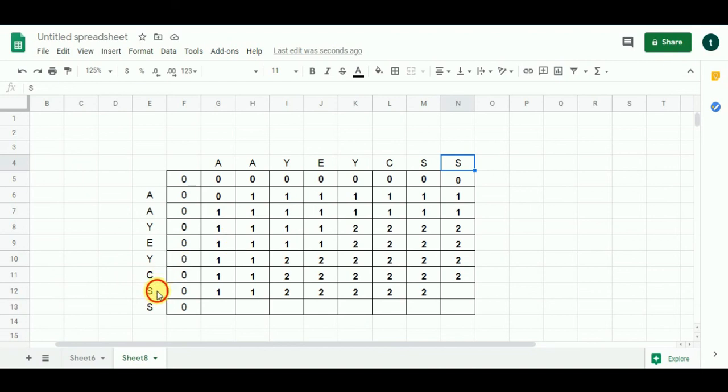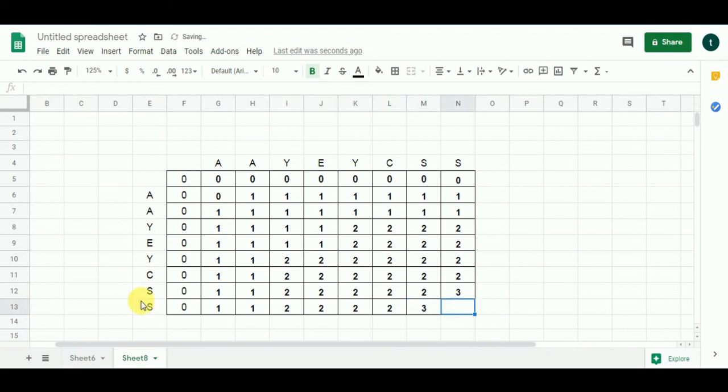Over here, S matches with S, but their indexes don't match. Hence, I'm going to get my third candidate. So we are going to go one step diagonally back and add 1 to it. So I'm going to get 3. And the value of this cell is going to be 1, 1, 2, 2, 2, 2. Now this S matches with this S and their indexes are not same. Hence I'm going to go again one step diagonally backward. I get 2. I add 1 to it. I'll get 3 over here.